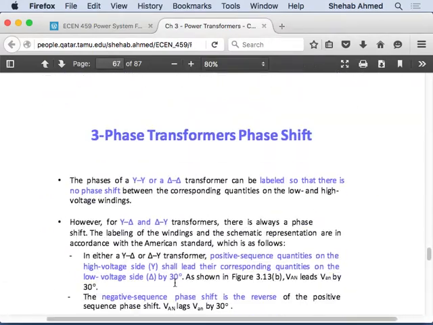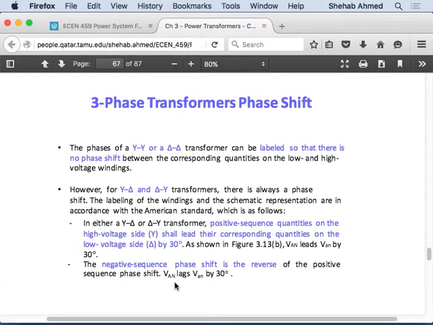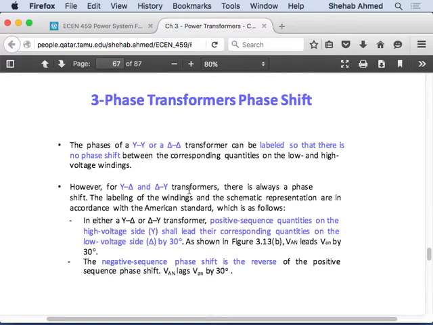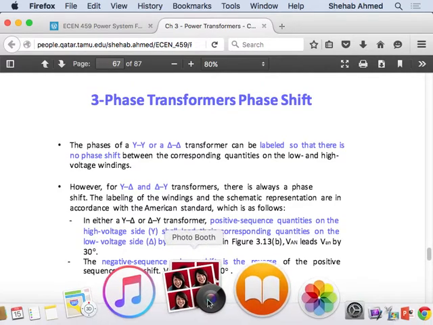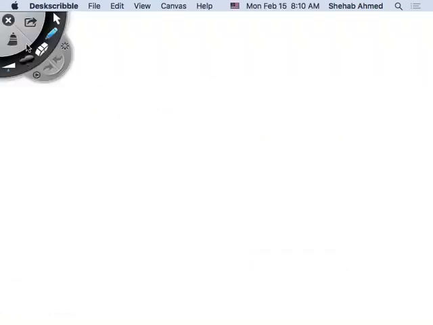The other thing related to the standard we will see here on this slide. So the phases of a star or a delta transformer can be labeled so that there is no phase shift between the corresponding quantities. What does this mean? I think we also touched upon this before, where I said that whenever we draw these transformers, we will draw them such that